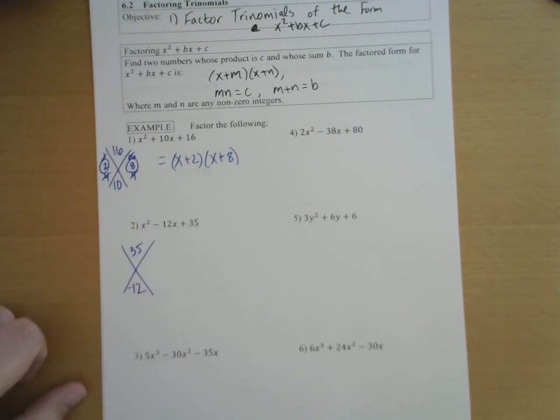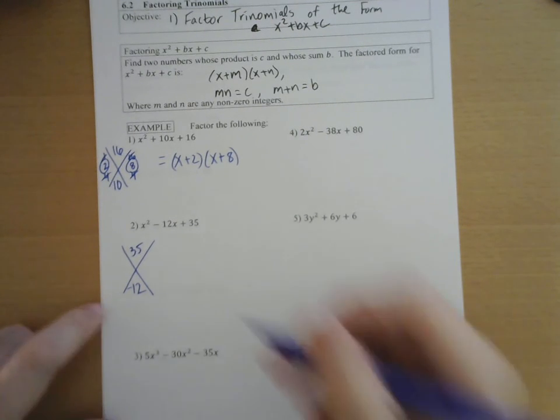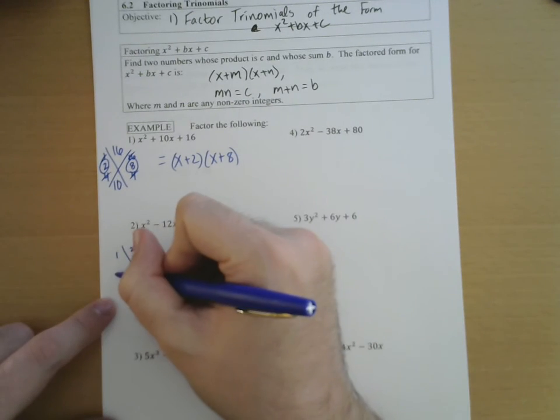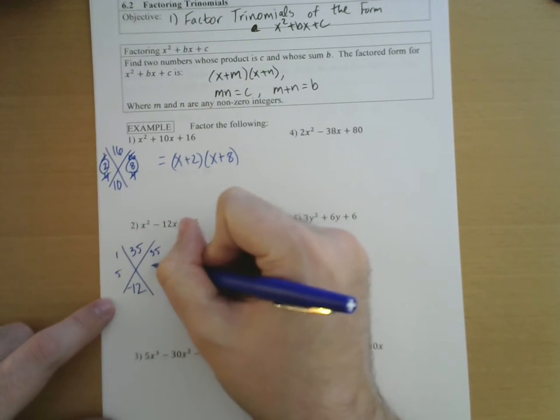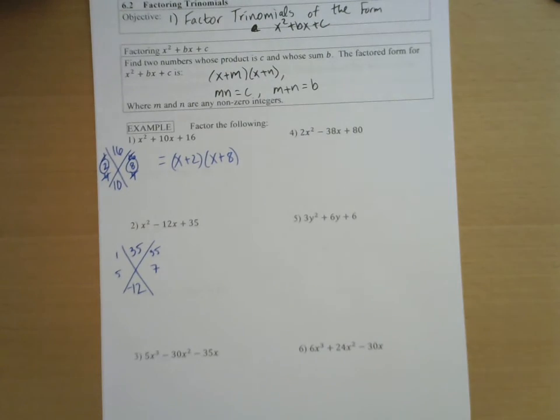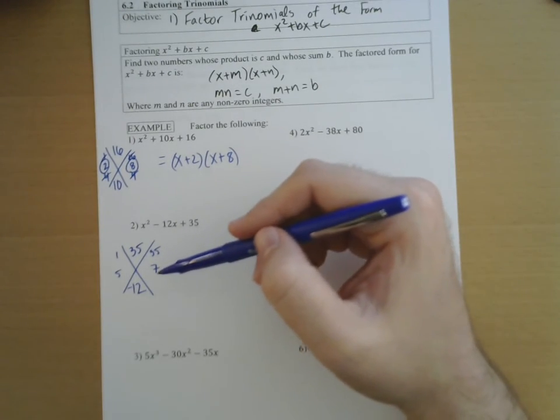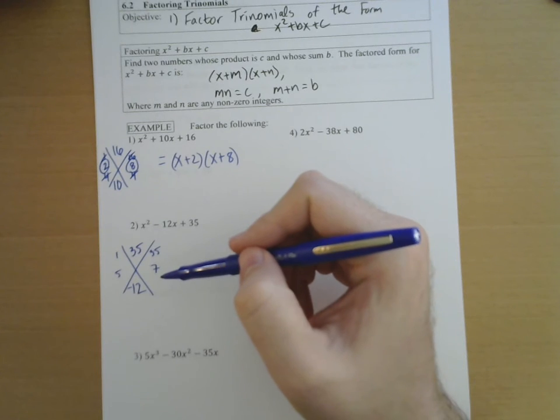Now when you're adding up to a negative, you want to be thinking, okay, if I'm going to add up to a negative, at least one of my terms needs to be negative. So keep that in the back of your mind. And then we'll list out the factors of 35. We have 1 and 35, and we have 5 and 7. So if one of these terms has to be negative, at least one, you can kind of play around, but